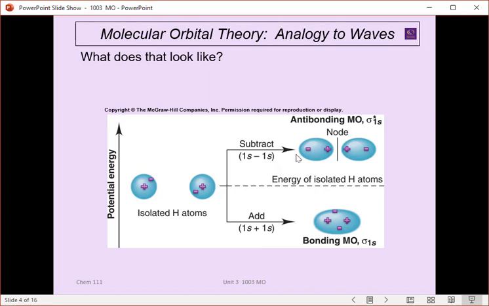Now, on the other hand, at the time that the hydrogens came together, let's say the electrons were away from the proton. Remember, it's a sphere around the proton. So at the moment the electrons come up, let's say this particular one on the left had the electrons on the back side of the sphere, and this one on the right also had the electrons on the back side of the sphere. Well, as these two hydrogen atoms came together, you would be bringing a positive piece of the atom close to a positive piece, and that doesn't want to bond because like charges repel. So therefore, you'd have an anti-bonding